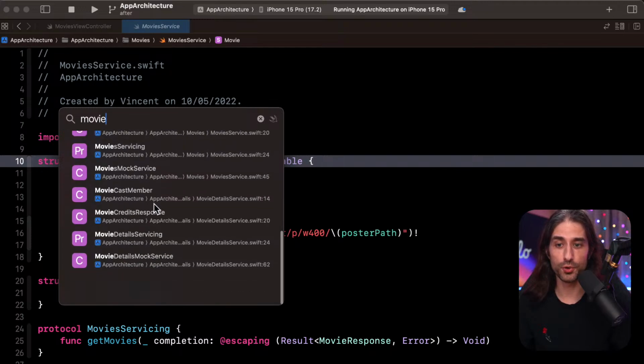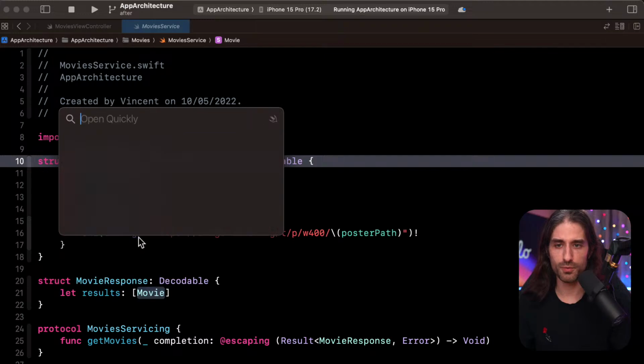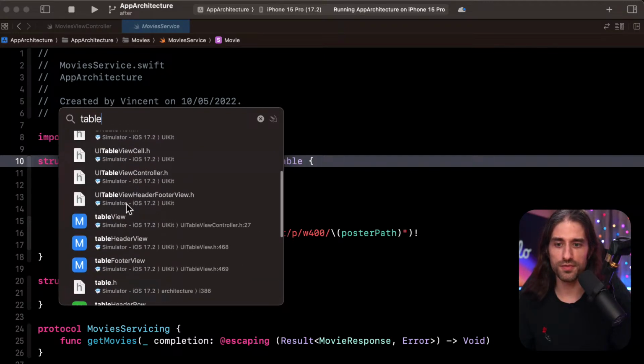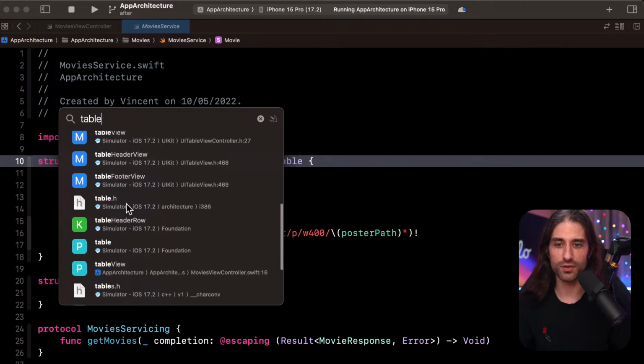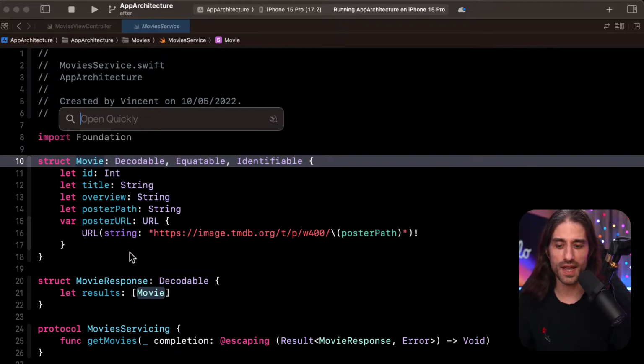You can also find protocols in here, so you can find all of the big declarations. I would say you won't find methods, like calling a method on a table view, but you will find the file names, the protocol names, the actors, the structs, the enums, so all of the type-level declarations. So Command Shift O, this one is extremely useful.